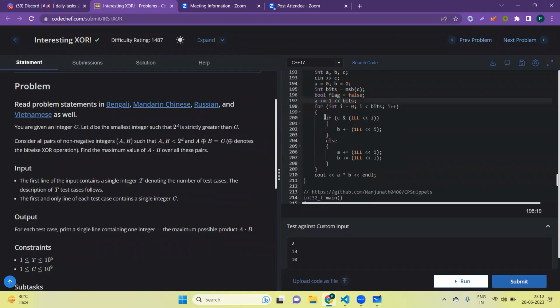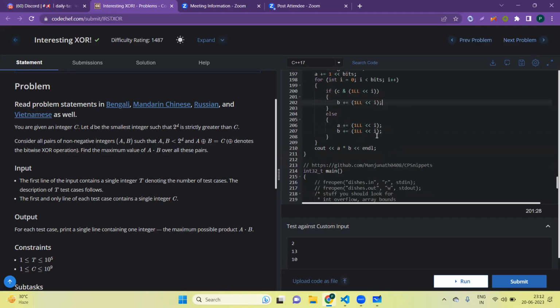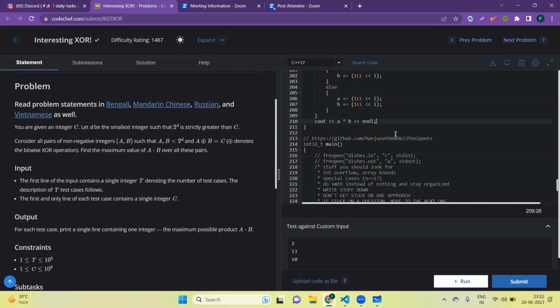Also, another fact is if the bit is not set, meaning it is 0 here, then we can give it to both A and B. Otherwise, we will give it to just B. So that's how we maximize the product,